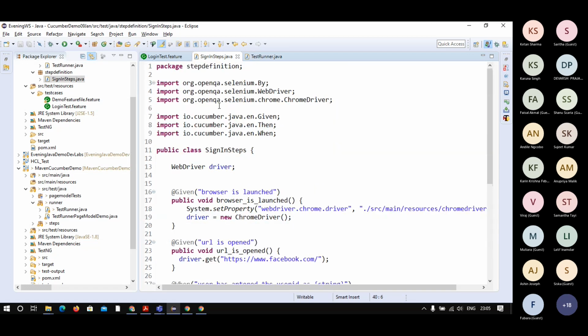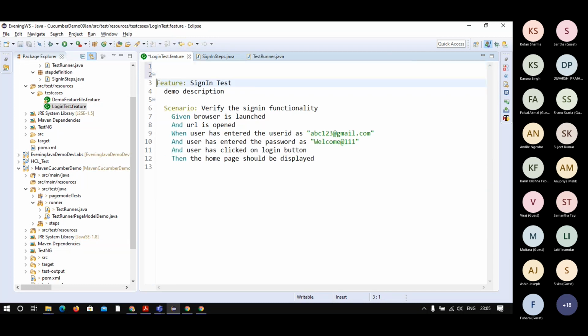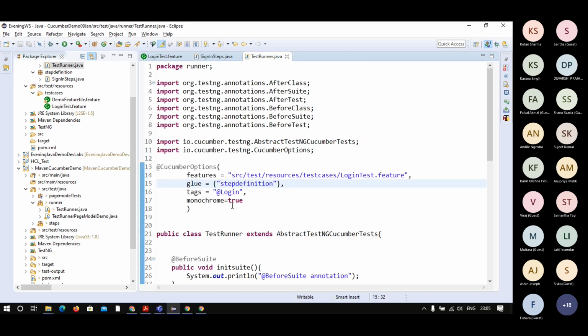If you go there and check the package name, this is the name of the package; you come here and update it in the glue. And for tags, suppose that at the feature level you have defined some tag, say shiny, you can call it here at the tag level.